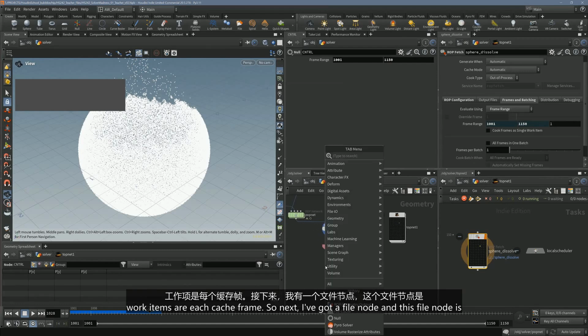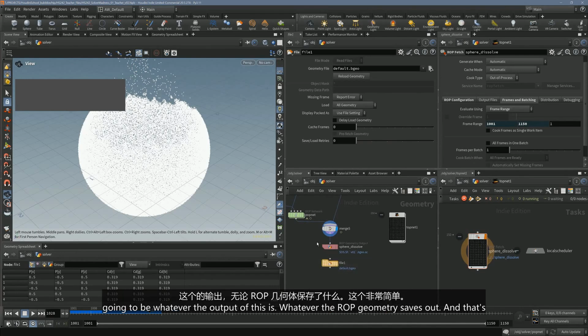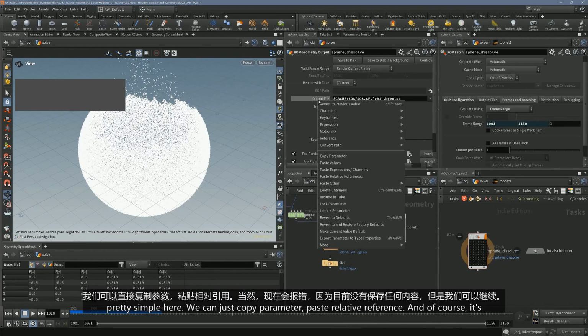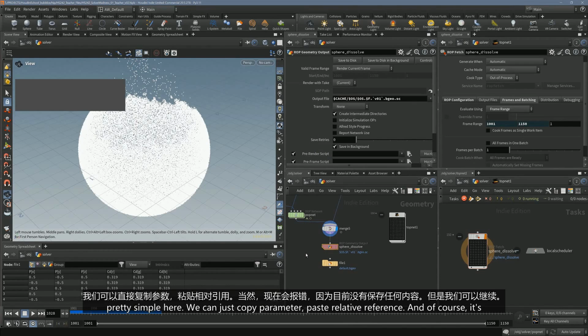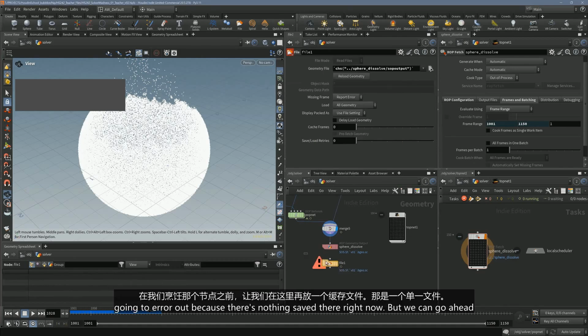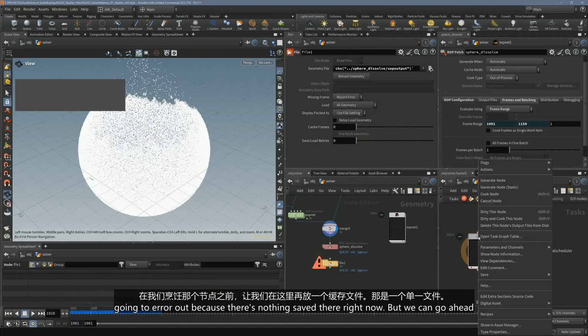So next, drop down a file node. And this file node is going to be whatever the output of this is. Whatever the ROP geometry saves out. And that's pretty simple here. We can just copy parameter, paste relative reference. And of course, it's going to error out because there's nothing saved there right now. But we can go ahead and,